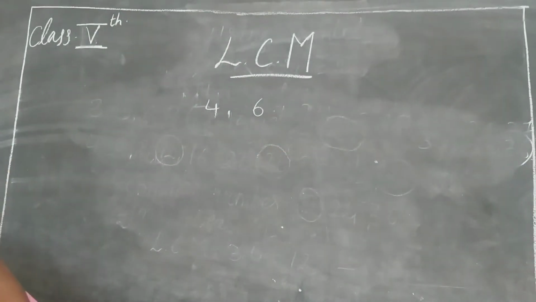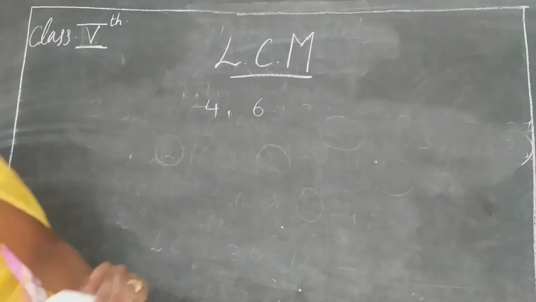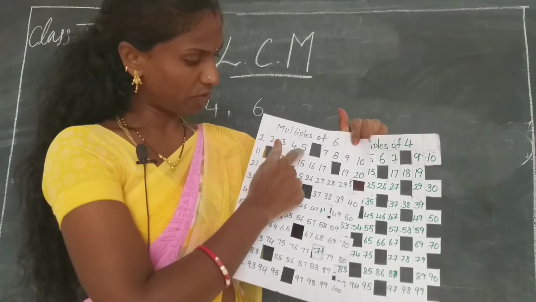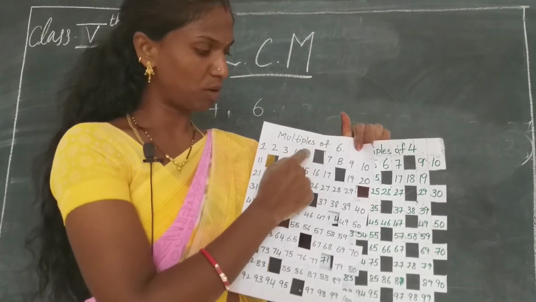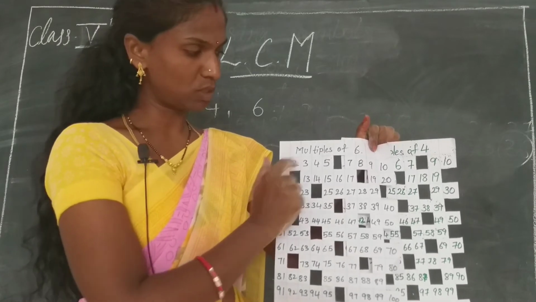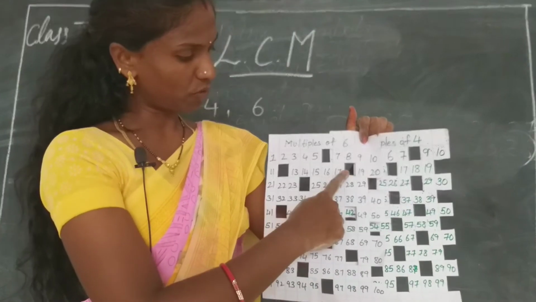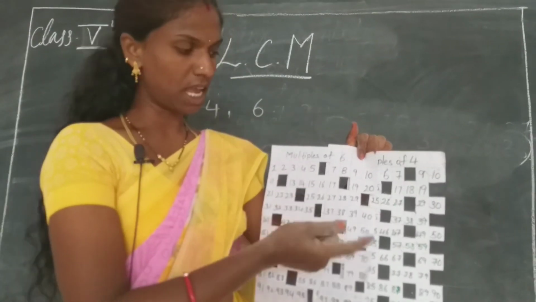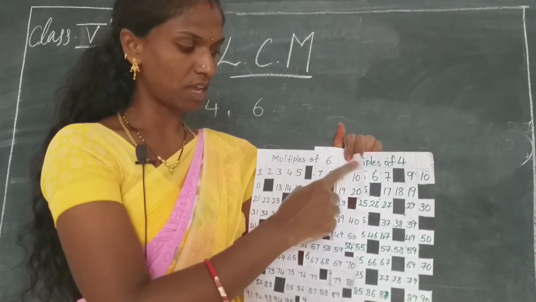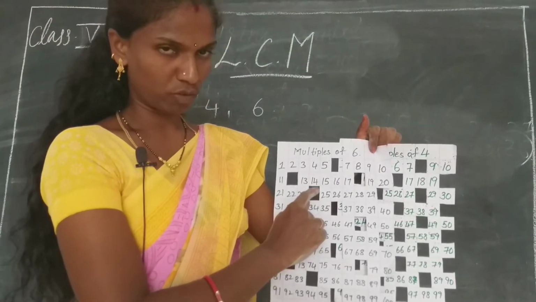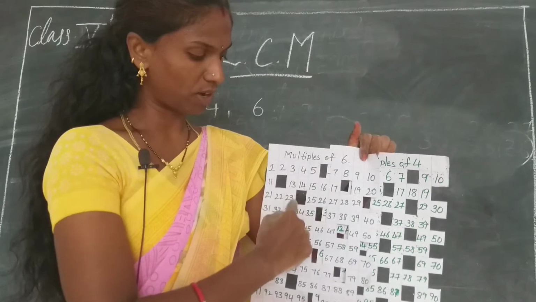Here now I have taken the multiples of 6 also. This is the multiples of 6. So after 5, 6 should be said. So 6 is the multiple of 6. I have removed 6. Here 12 is the multiple of 6, so I have removed 12. Here after 17, which number should be there? 18. 6 3s are 18, so 18 is the multiple of 6. I have removed the 18.